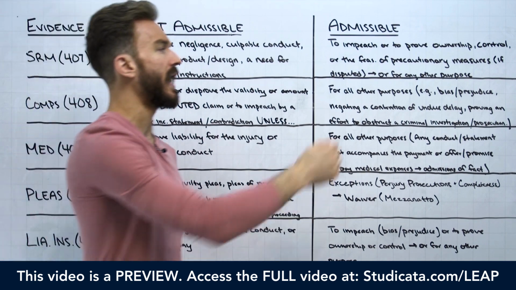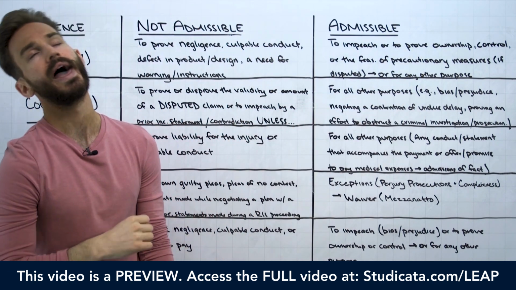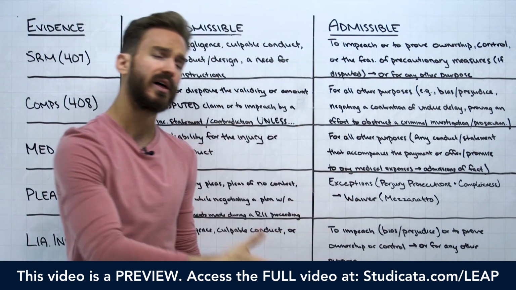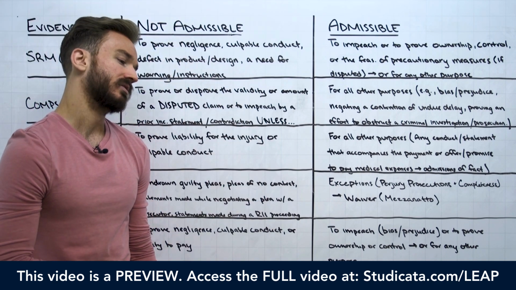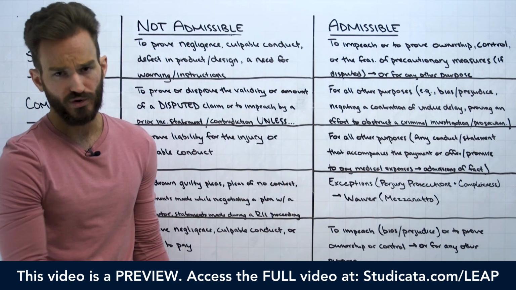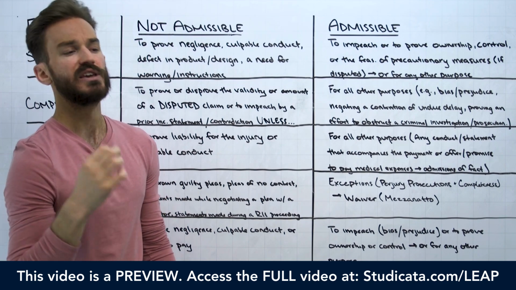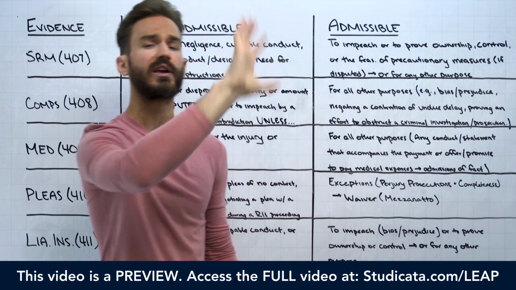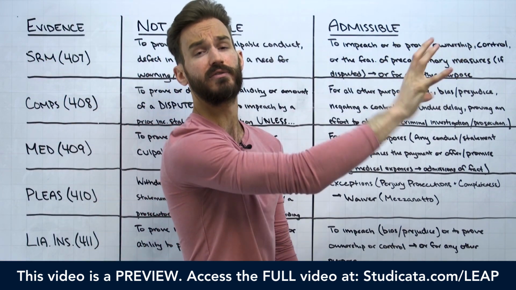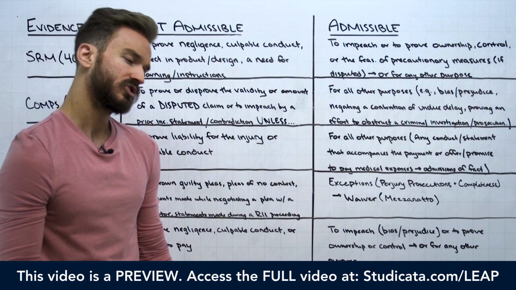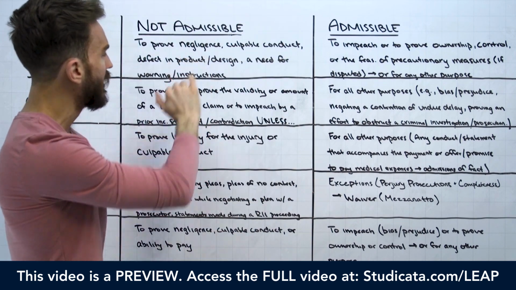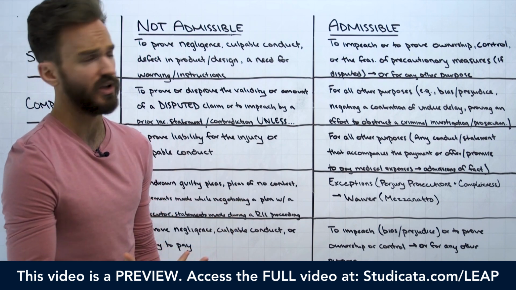So the classic fact pattern here is imagine that you have a private construction company that's doing a construction project on a public state highway, right? And let's say that there's an accident resulting from the construction which causes injury. So after this accident happens, the construction company goes out there and puts a big warning sign up on the road. They put down a bunch of cones and a big warning sign to prevent future accidents like this one from occurring. So if they get to court, that evidence of putting up the cones and the big warning sign is not admissible to prove that the construction company was negligent.